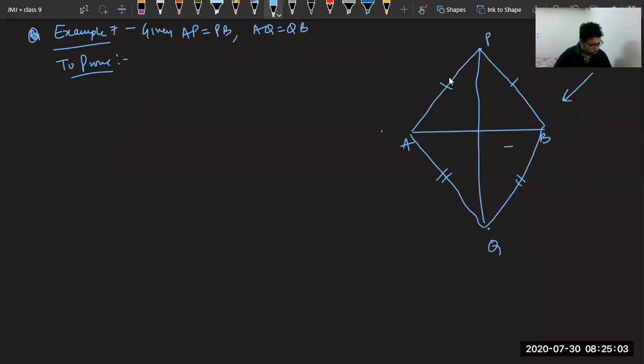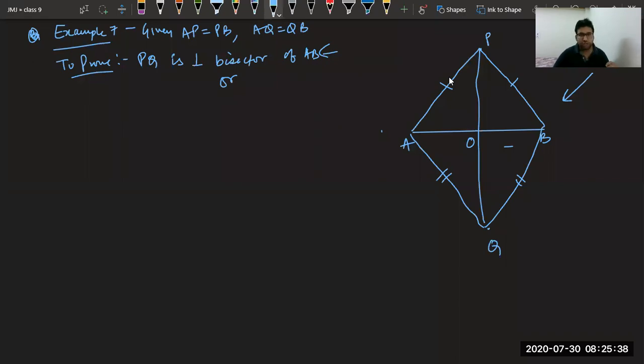We have to prove PQ is perpendicular bisector. We have to prove two things. It is a bisector and a perpendicular bisector. So bisector of AB. Now this is the question statement. Now I will give you my statement, what I get from this. All of you, please tell me what we have to prove from our side. This is the question statement. What is your statement? What do you want to prove? Please tell me fast.